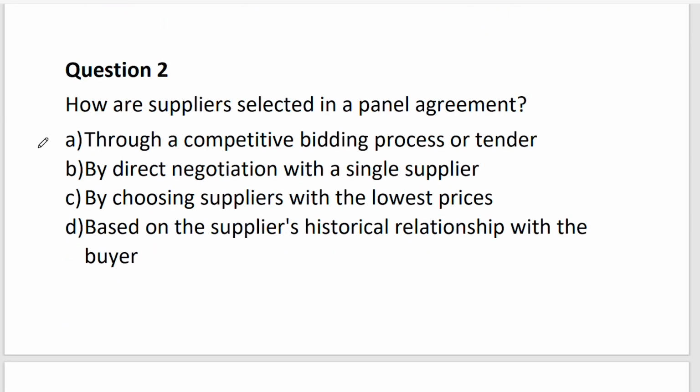Number 2, how are suppliers selected in a panel agreement? Well, they bid to get into that framework agreement. So is there anything that talks about that, or they compete to get into that framework agreement? So let's see. Through competitive bidding process or tender? I mean, that sort of says it, right? Directly negotiating? No. Choosing suppliers with the lowest? Nope, we don't even know. Based on suppliers' historical relationship with them? It's through competitive bidding process. So it's not different from, as I said, just a framework agreement, but in this case,